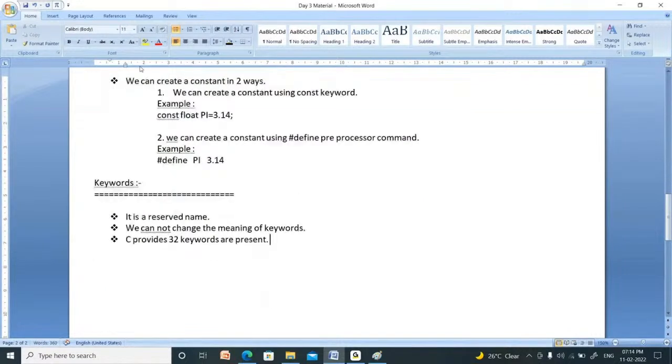So these are also called predefined identifiers. The keywords are like this: int, char, float, double, short, long, signed, unsigned,